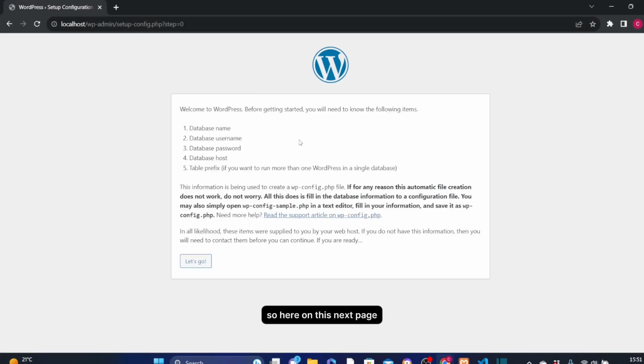So here on this next page, you will see it says welcome to WordPress. Before getting started, you will need to know the following items, which is database name, database username, database password, database host, and table prefix. So how do we go about this? Then first, we have to click on